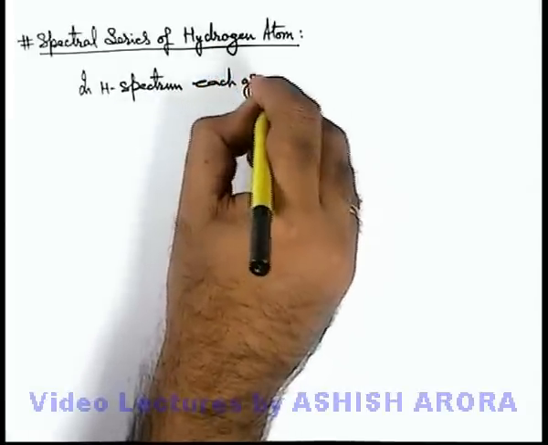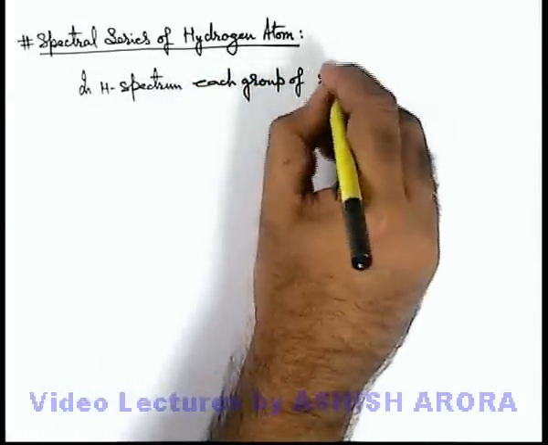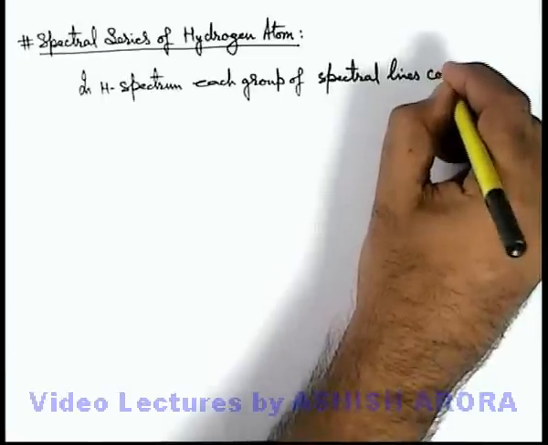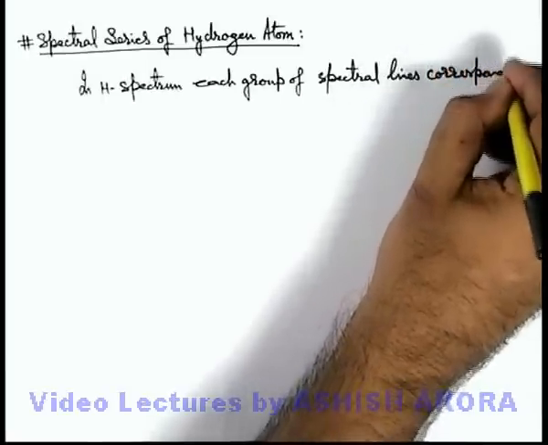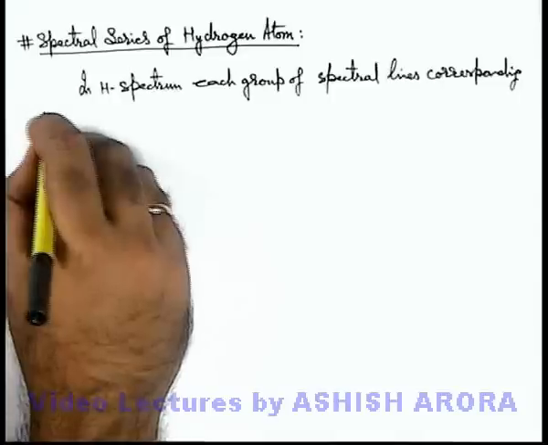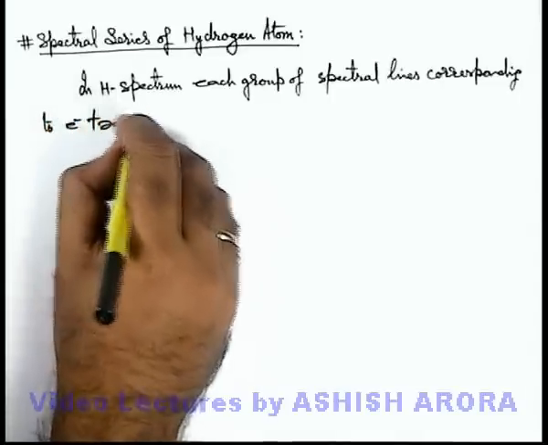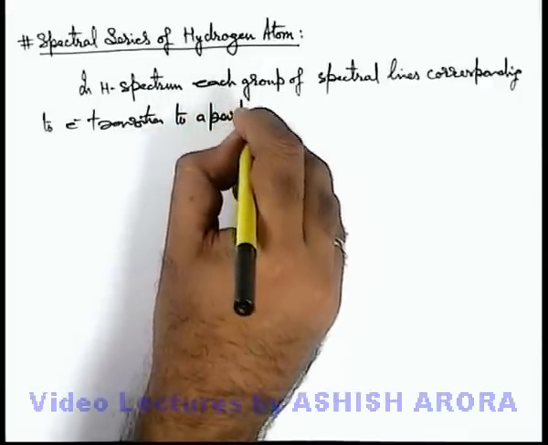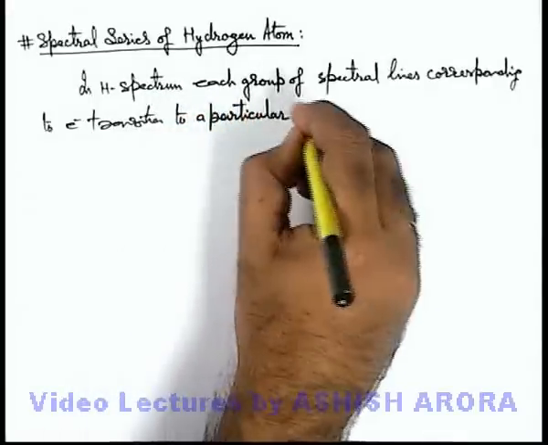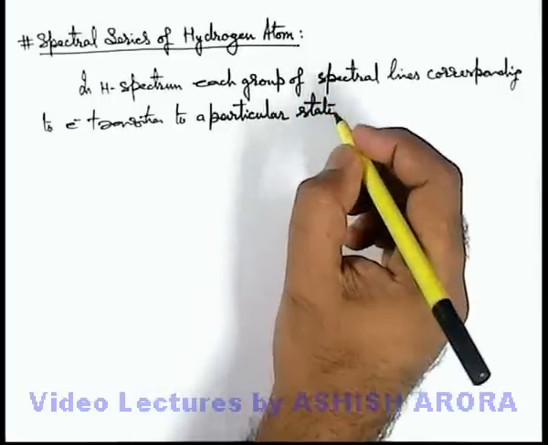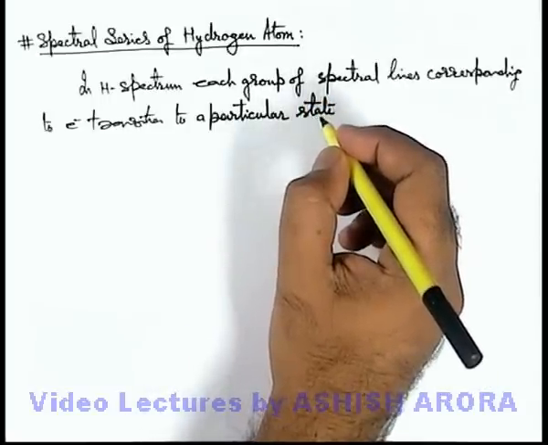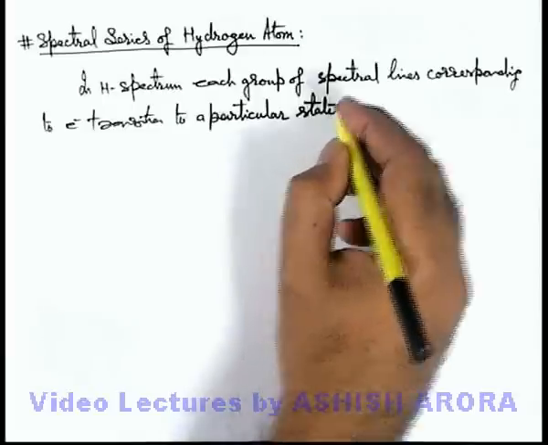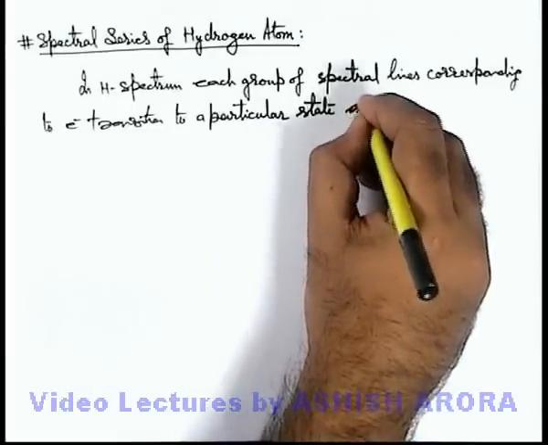each group of spectral lines corresponding to electron transition to a particular state. Here we are talking about all the electron transitions which are de-exciting from any higher energy level to a particular state. These are called,